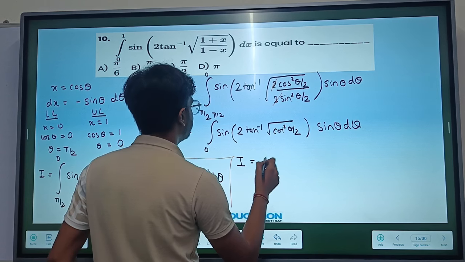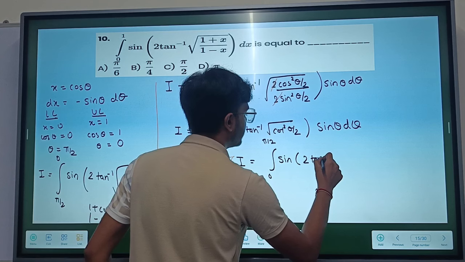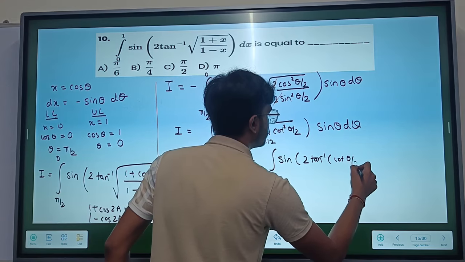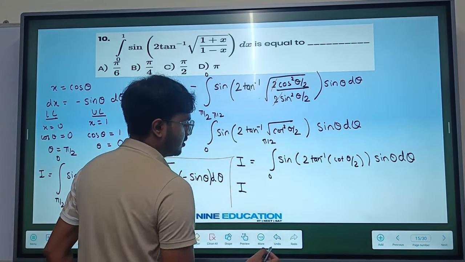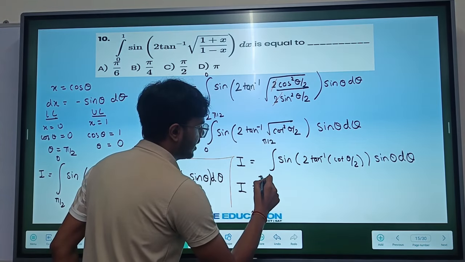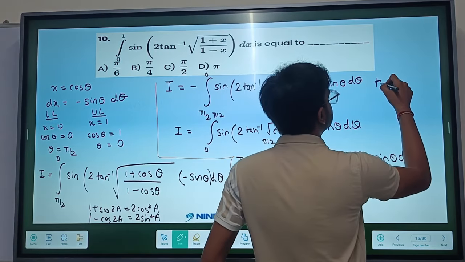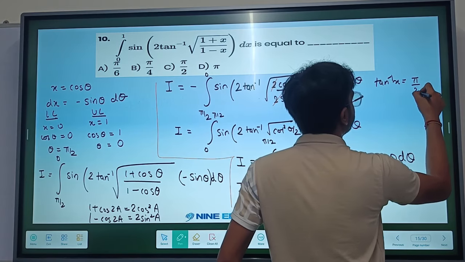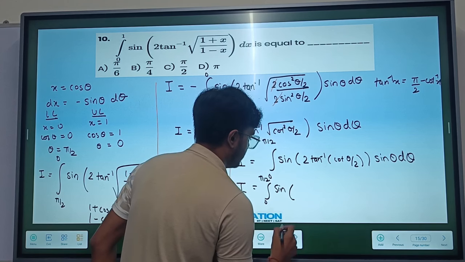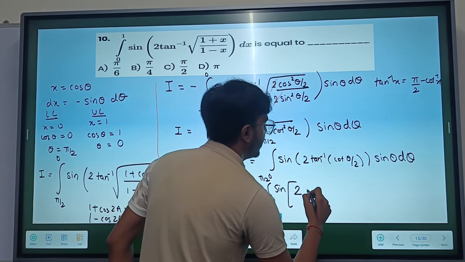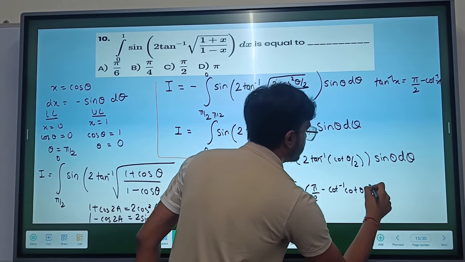So I value would be 0 to pi by 2 sine of 2 tan inverse cot theta by 2 into sin theta d theta. Now 2 tan inverse cot theta by 2 is there. I can use this formula. Tan inverse x is pi by 2 minus cot inverse x. So sine of 2 tan inverse cot theta by 2 would be pi by 2 minus cot inverse cot theta by 2